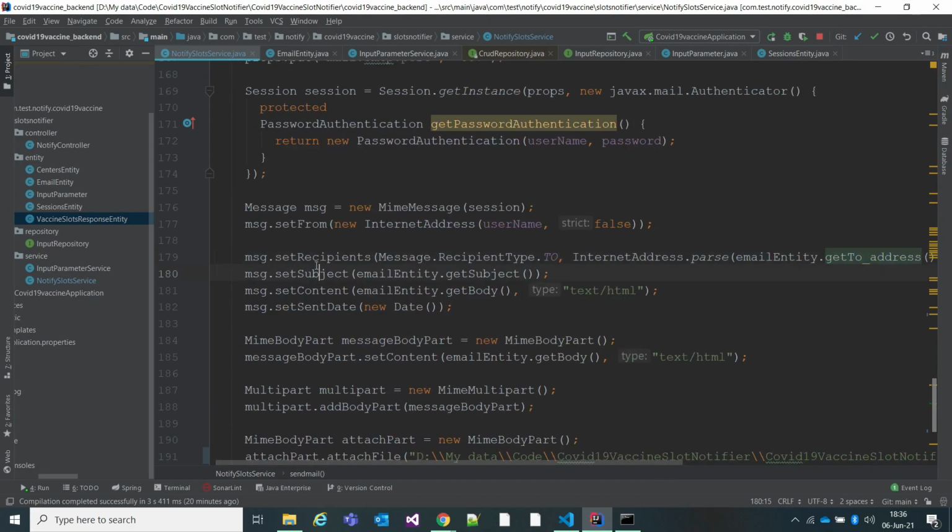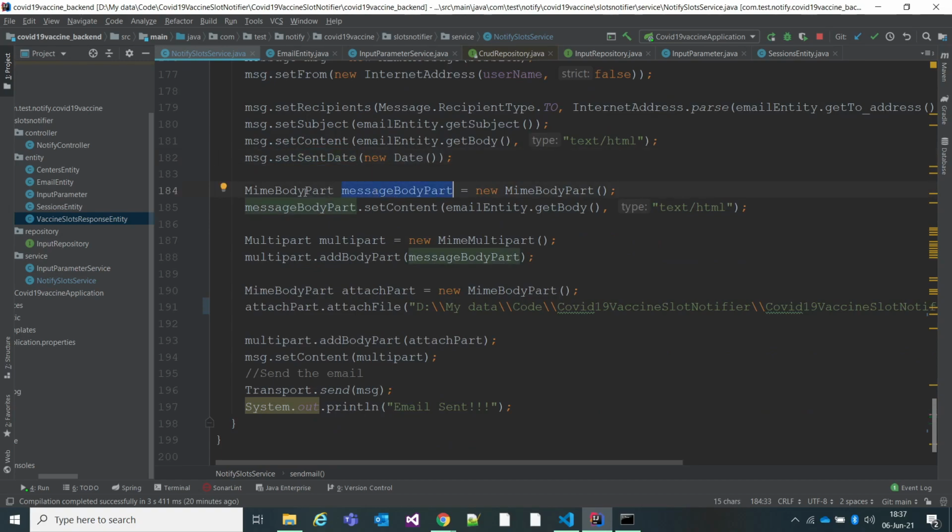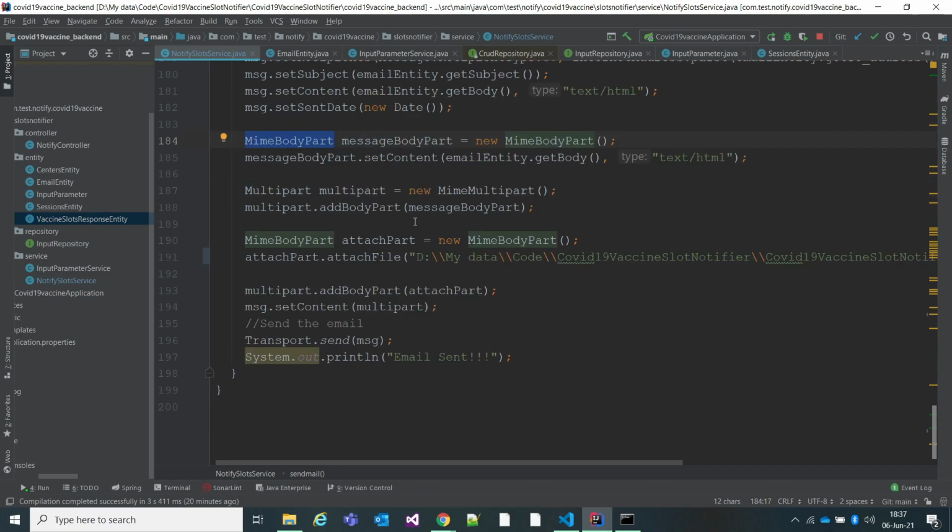Set the subject, set the content, and the date when it is getting sent. Also create a mime body part, and set whatever entity you have created, get the body of that and set it in the mime body part, and add that message body part to the multi-part.